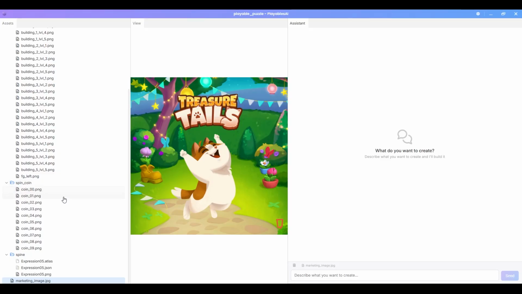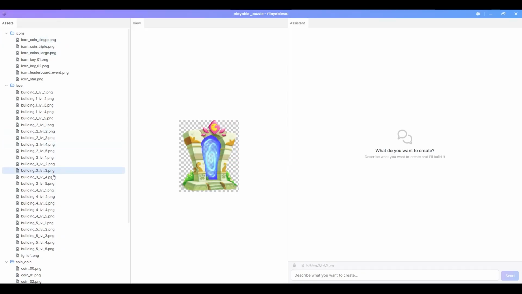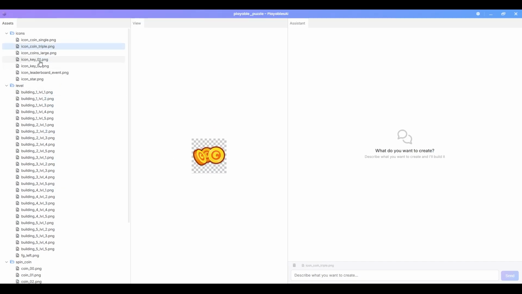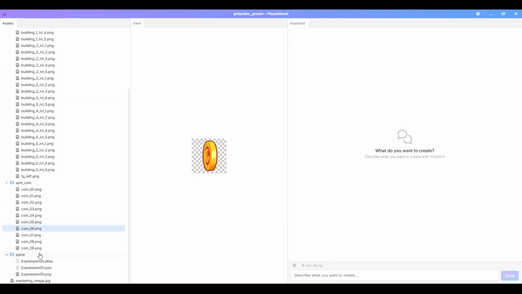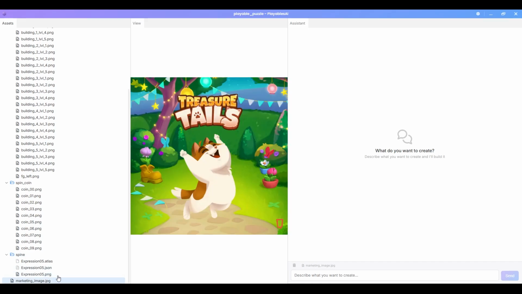Today I'll be showing you a demo of the PlayablesAI application. What I'm making today is from a larger game asset pool, which I've prepared. It has a bunch of fantastical assets such as buildings, icons, coins, and more coins, as well as an animated cat spine file, as well as this marketing image. We're going to make a puzzle where you piece together this particular image and then go to a CTA